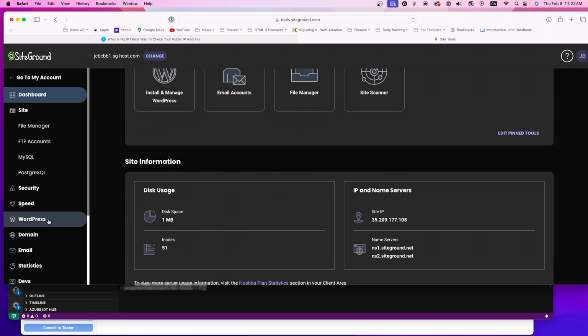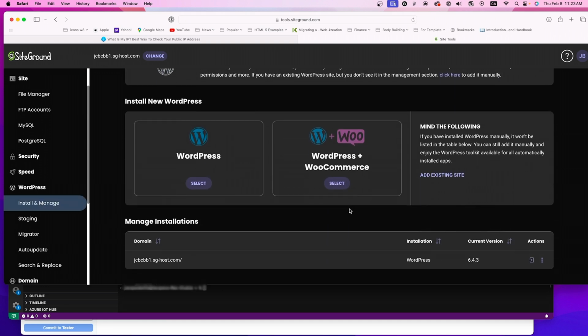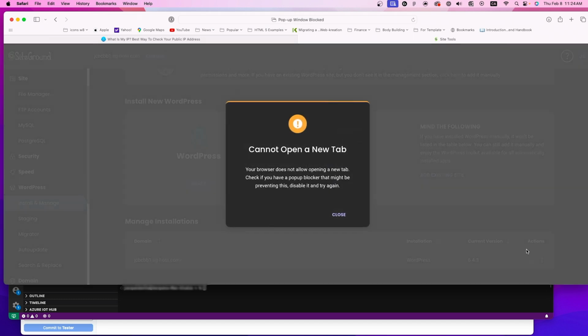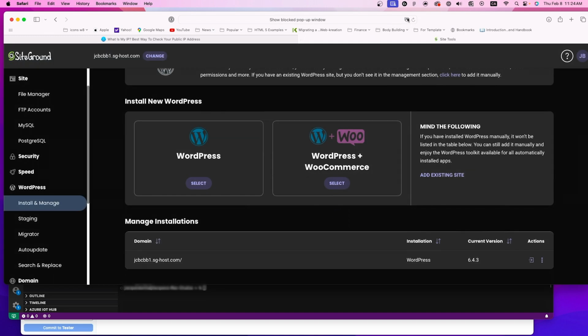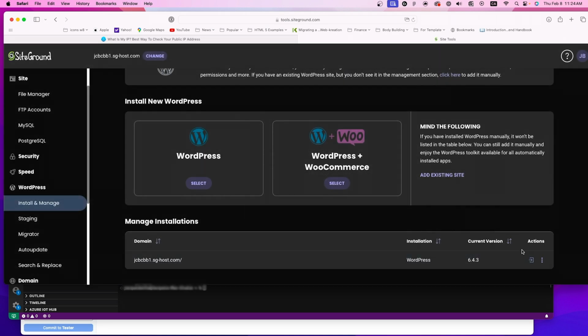All right, so the first thing we want to do is navigate to WordPress and go to install and manage. Let's have a chat about this here real quick. Here you'll see your managed WordPress installations right here. I just want to quickly navigate and log into the site itself. So I'm going to click on this little box here and it says cannot open new tab, your browser does not allow. Okay, I'm using Safari and Safari has some blocking features going on here. So I'm just going to see if we can open it up in a different way. It's probably going to block it again. Yeah, that's fine. But the point that I was trying to show here, and we'll get back to this in a second,